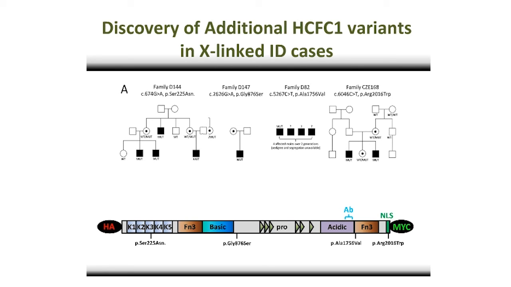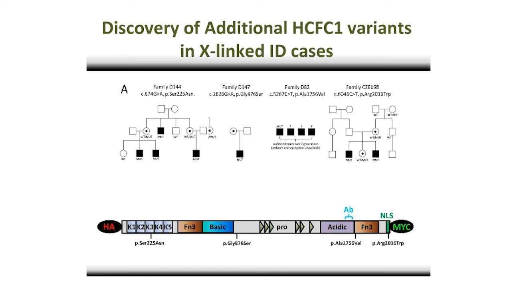But we're always keen to find more evidence, and more evidence came when we actually became aware and discovered more variants in HCFC1 that also had intellectual disability. But in these instances, these variants were actually in the coding regions, so these are missense variants. So slightly different to the non-coding variant that we studied before. And in fact, one of these variants affected the nuclear localization sequence. So it suggested in a way that these variants perhaps also include some that have loss of function.